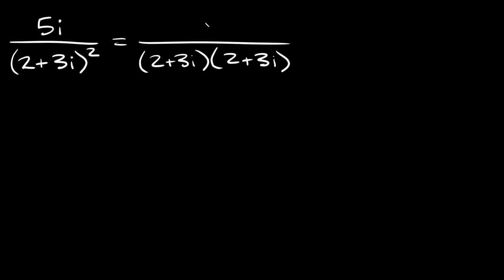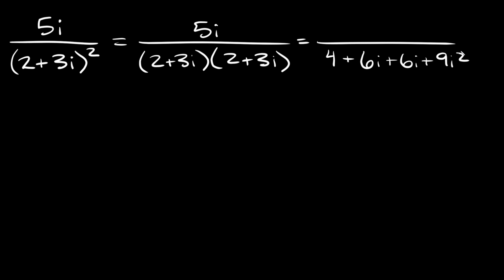And then on top we have 5i, so this is going to be equal to, let's see, 2 times 2 is 4, 2 times 3i is positive 6i, and 3i times 2 is positive 6i, and 3i times 3i is positive 9i squared. And that's over 5i, all right? So then simplifying what's on the bottom, this is going to be equal to 5i over 4 plus 12i plus